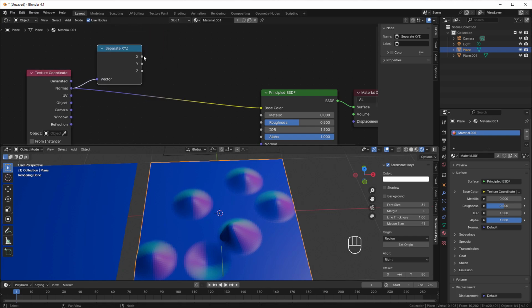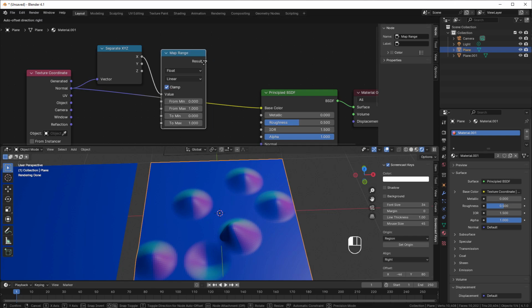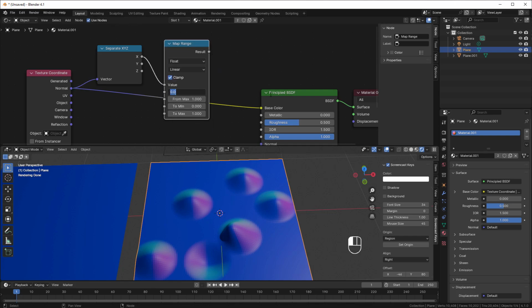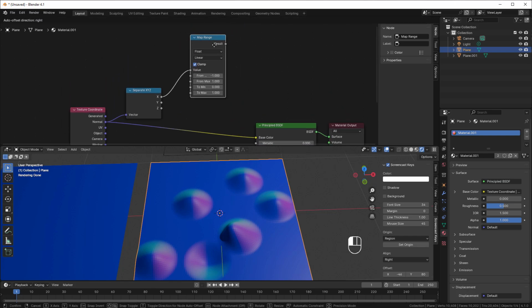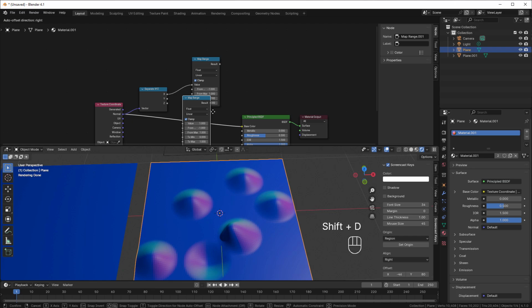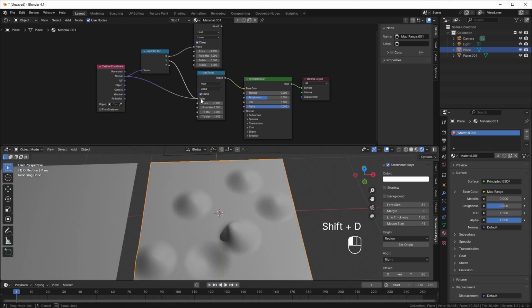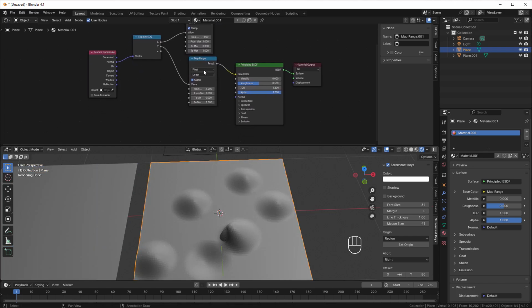And then we use a map range. So put in a map range, and we say if it is -1, it should be 0, and if it's 1, it should also be 1 here. So it's between 0 and 1 now, and we can use that on the y direction as well. So I just copy this one and put that to the y direction,